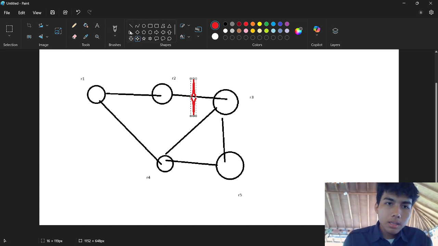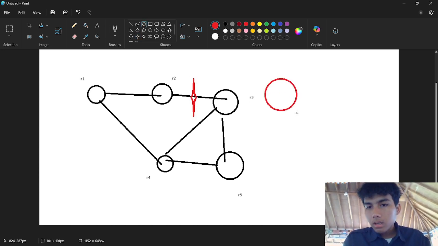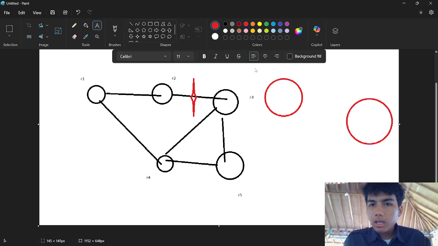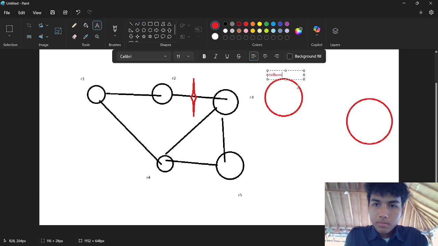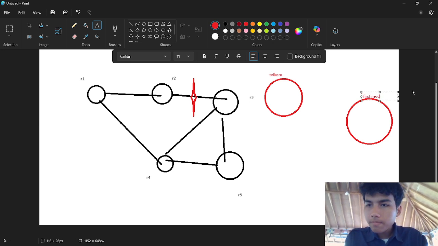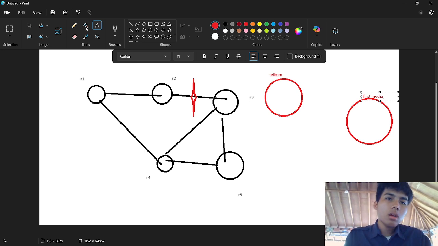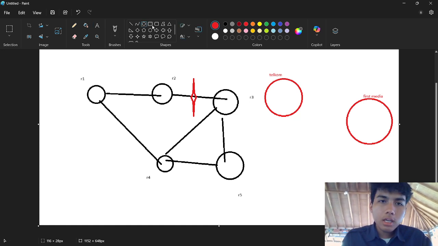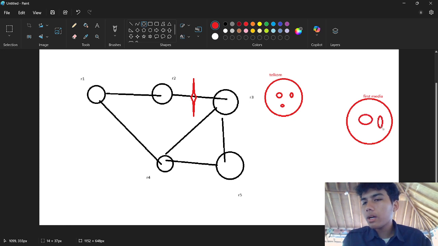For example, you have a company named Telkom, and this one is First Media. In Telkom there are a lot of routers, topologies, and others, and also in First Media.